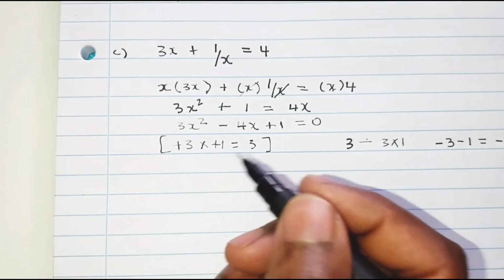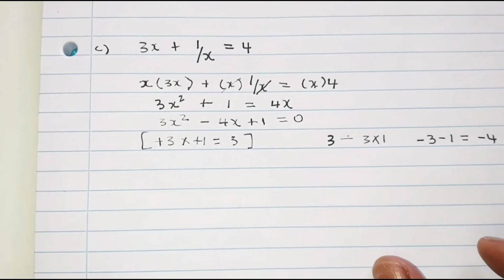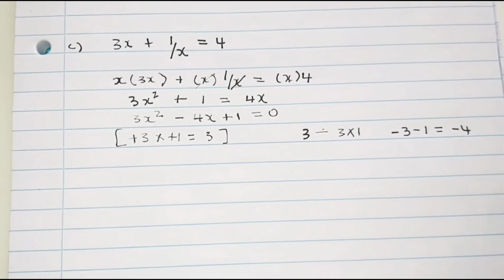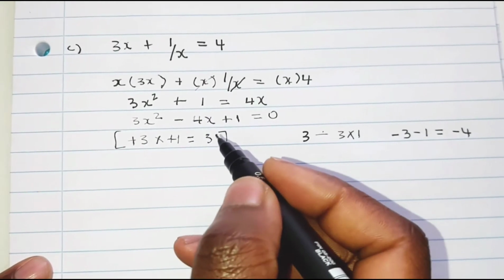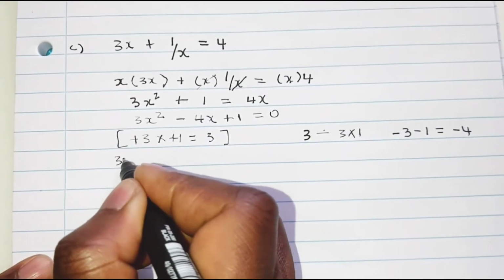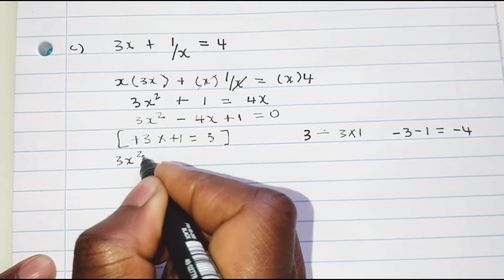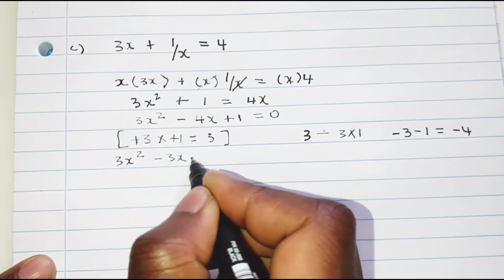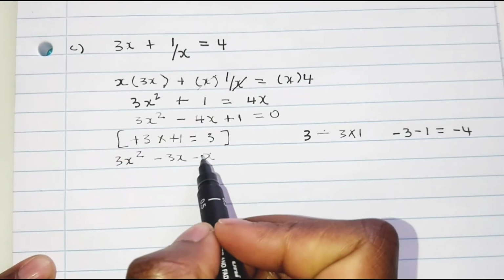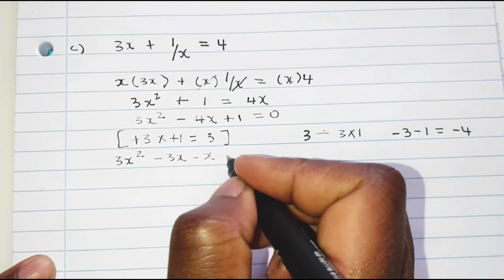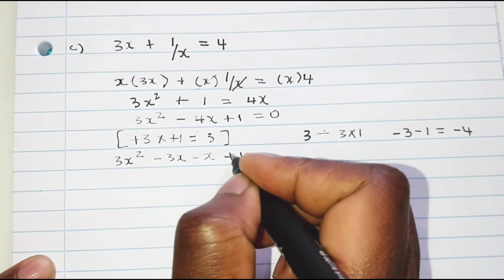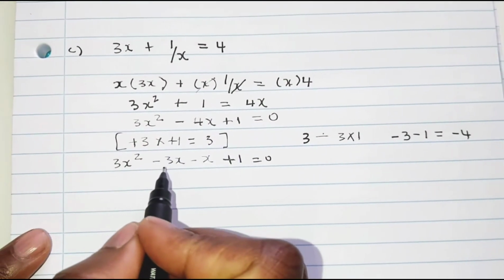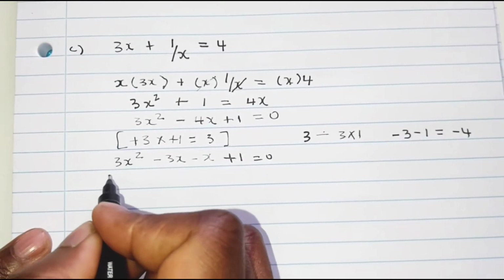So moving to the next step, we're going to say 3x squared minus 3x minus x. We're not going to write 1 here, so it's going to be minus x plus 1 is equal to 0. So with this, our common factor here is